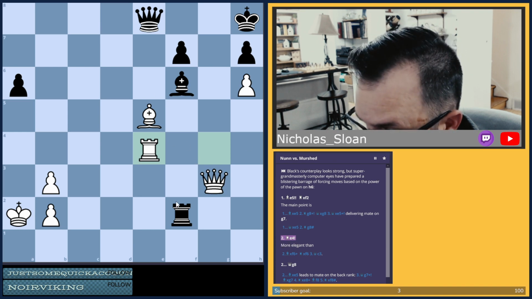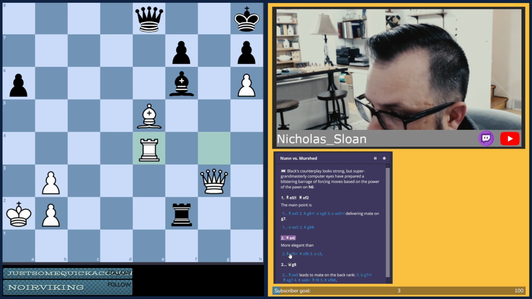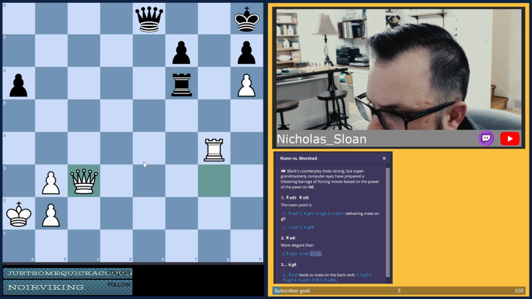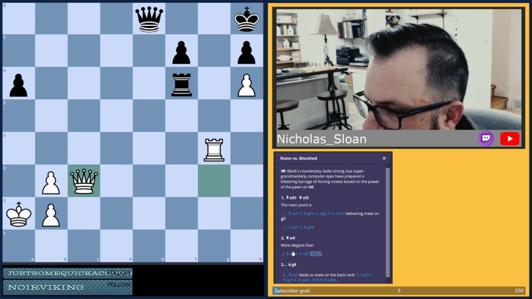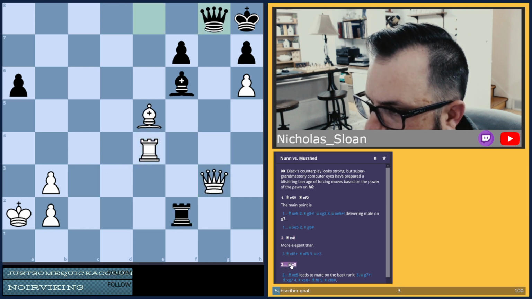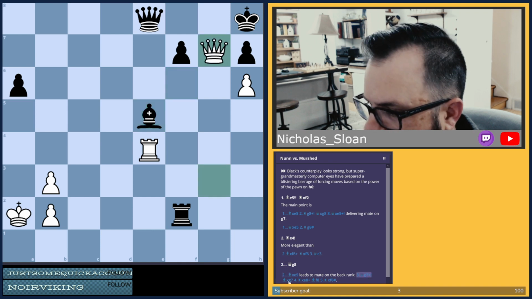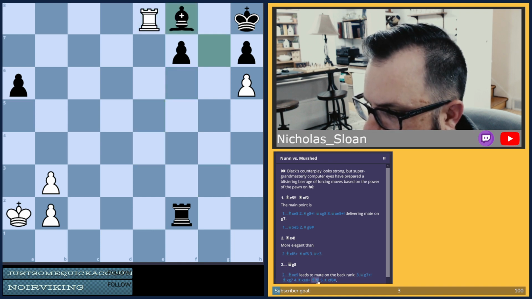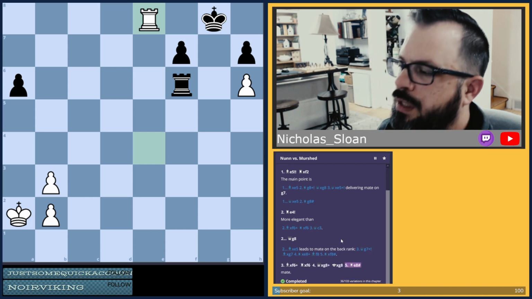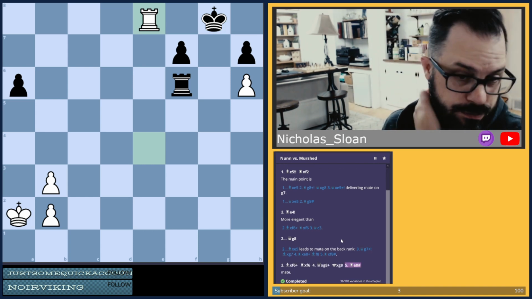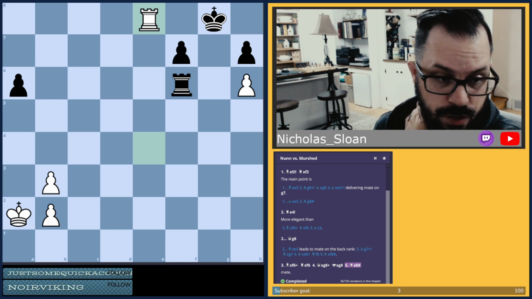If he comes here, we just take. Getting the pin. Rook to e4, queen to g8. Bishop takes. Also, that's pretty common. Wow. That's a good one. Hard to see.